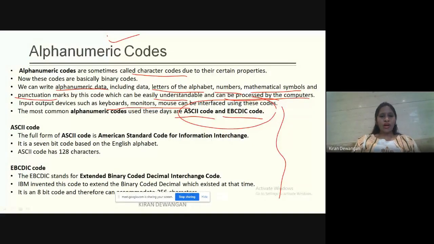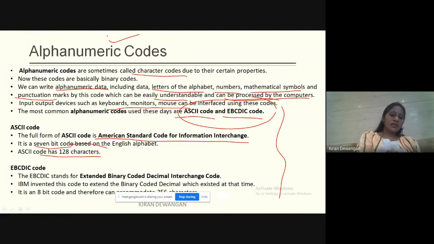ASCII आपने सुना होगा, कहीं ना कहीं पे तो सुना होगा कि हम ASCII कोड यूज करते हैं, right? ASCII is the American Standard Code for Information Interchange. That is a code and it is a 7-bit code. 7-bit है तो कितना combinations होगा possible? 2 to the power 7 combinations, and 2 to the power 7 is 128 combinations. Clear? It's not 138, it's 128. Correct, it's 128 combinations.